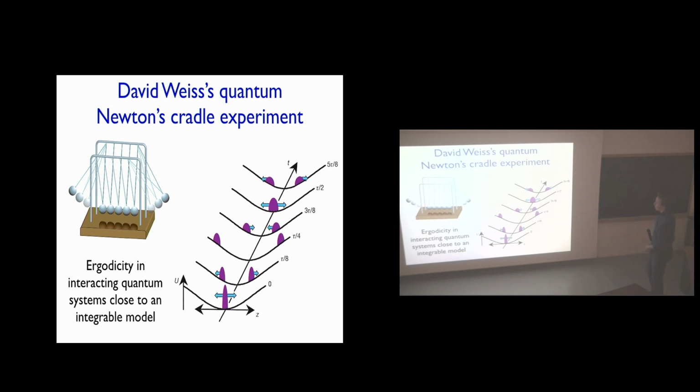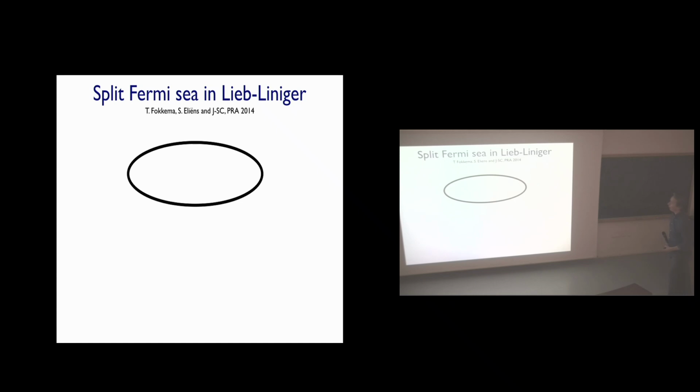Okay? So what I'm going to do is try to cook up a state representing this initial state here with my integrable model. What is this state here, which is essentially the same as this one here? It's a gas composed of atoms that are either moving very strongly left or very strongly right. Okay? So in terms of a pictorial representation of it, it looks like this. Yeah? So one goes one way, one goes the other way.